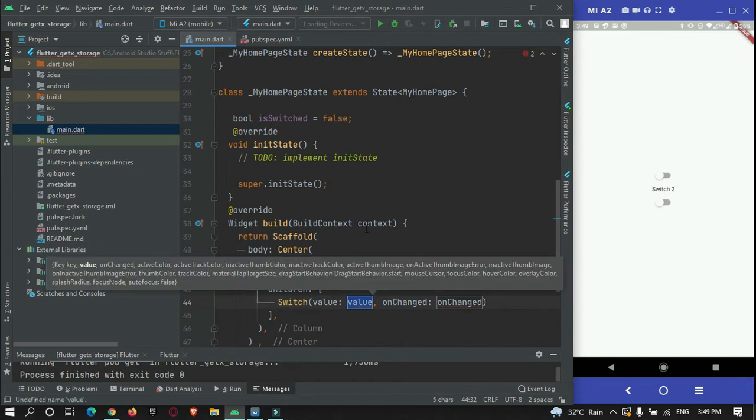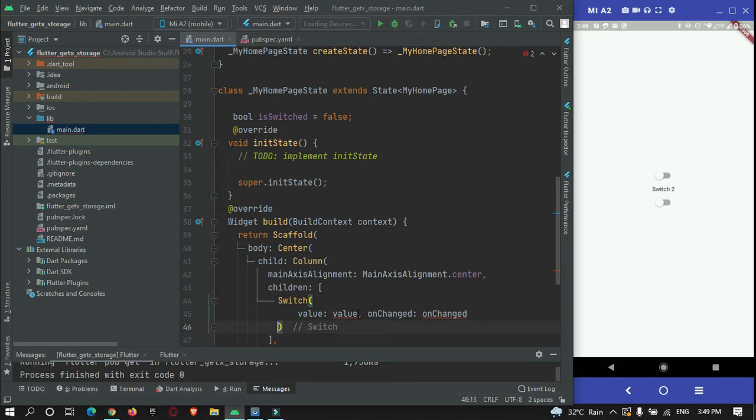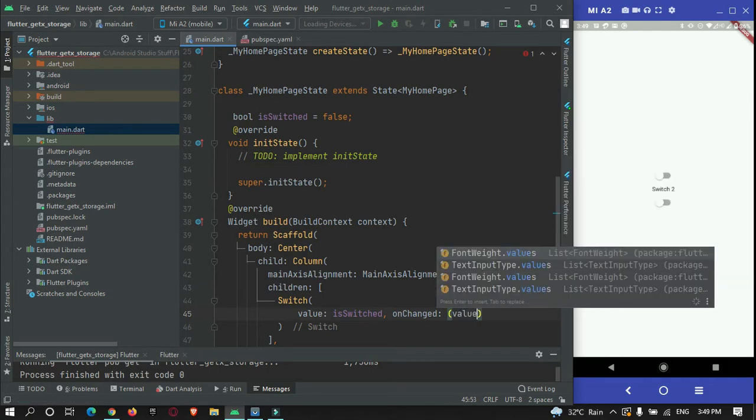Switch accepts two parameters that we need to pass. One is the value, we need to pass the current state of our app, whether it is off or on. So we will just make use of this. The current initial state is false, so it will be off. And what should happen when the user turns it on? So here, the value,